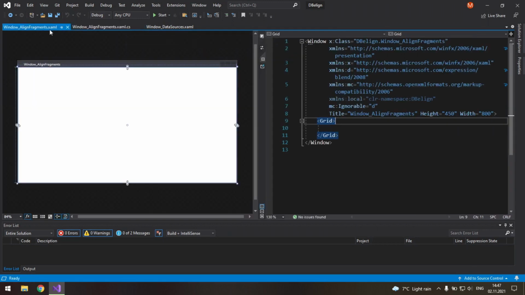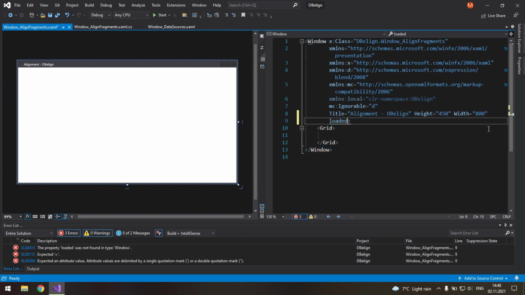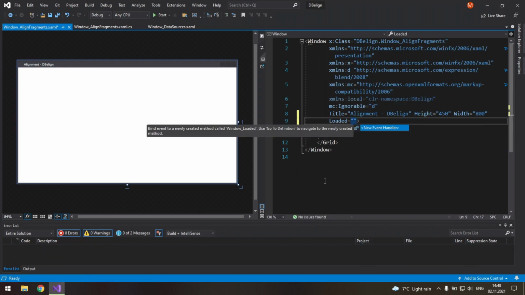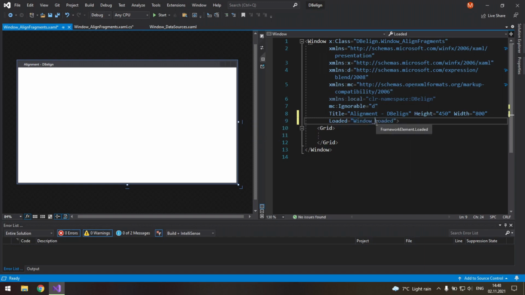And to do it, we need to go to our designer. First of all, let's change the title to alignment and the name of the program. Let's also add the loaded event, because I decided that we will use two list views. They will be filled with source and target arrays. Well, basically our fields. So window loaded, but before we navigate to it, let's also extend our markup.